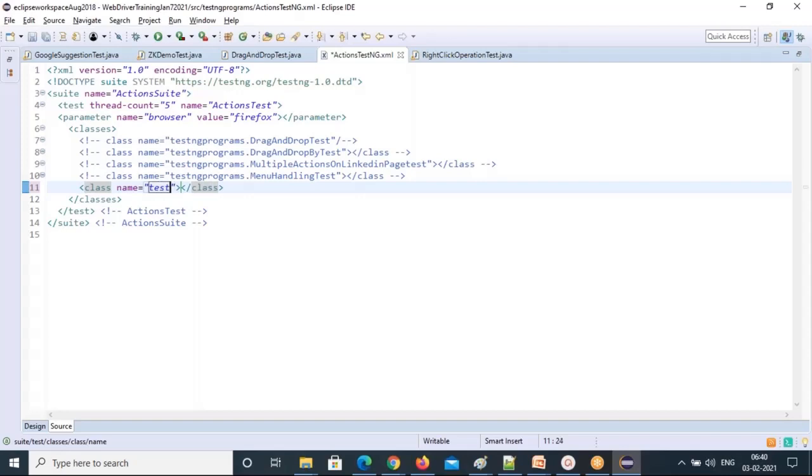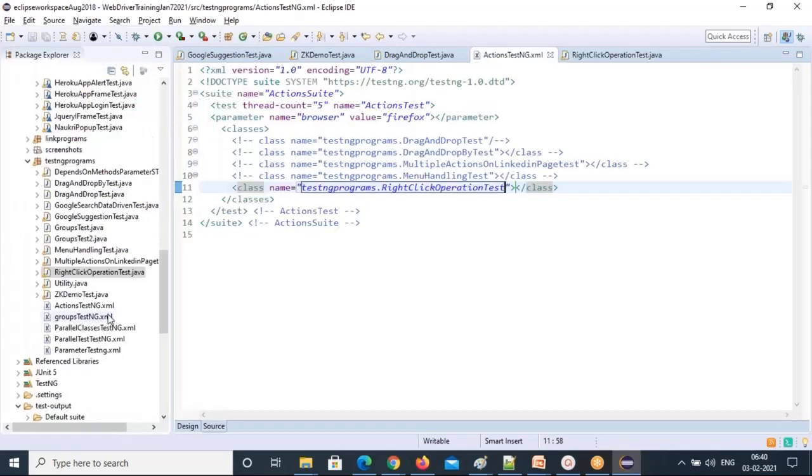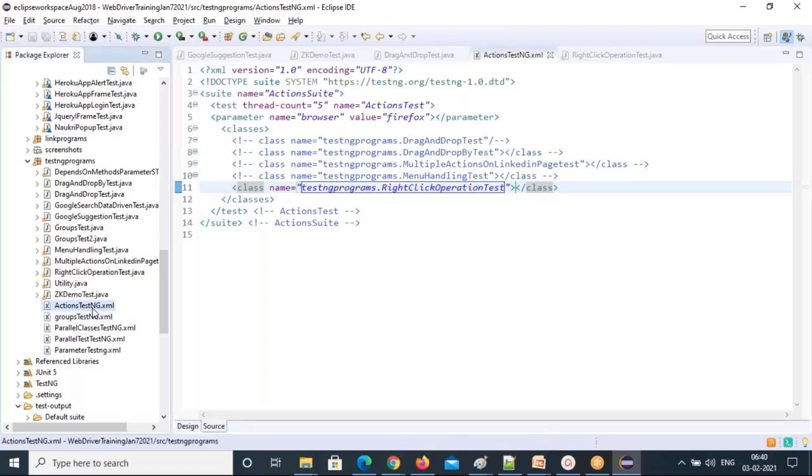Okay, TestNG, the program's package name dot class name you have to give. Now right click and run as a TestNG suite. Right click, run as a TestNG suite.